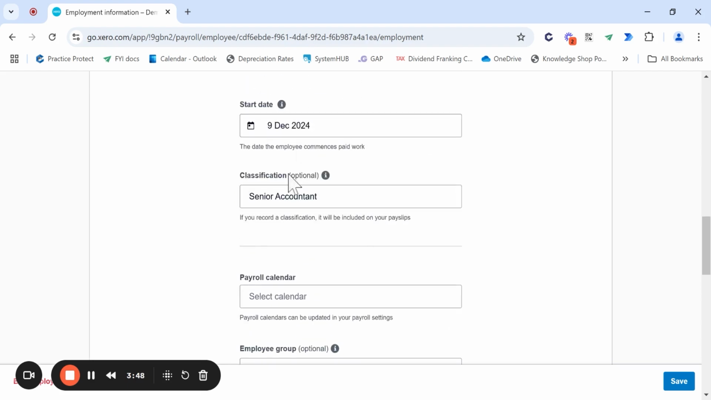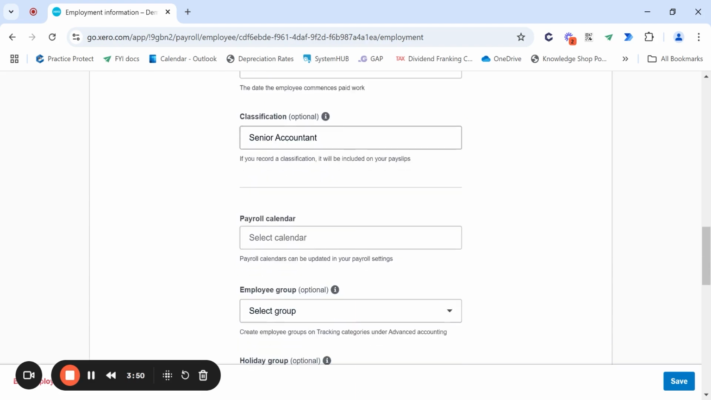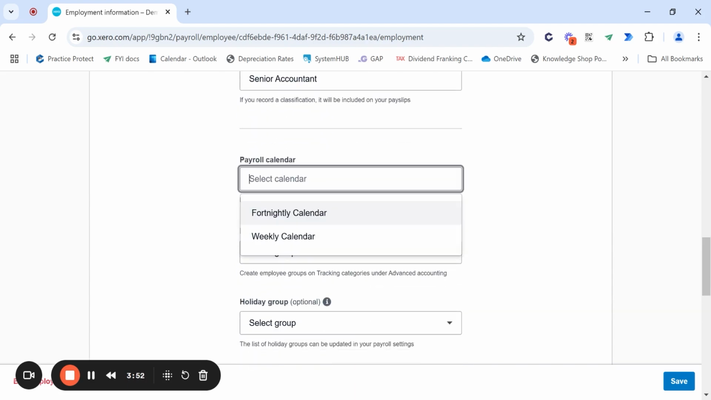But again, optional, don't need it, but if you have it, enter it in. Then you've got payroll calendars. So again, if you open this drop-down box and you see nothing, you will have to set up a calendar, so say if it's a fresh file. If you're not sure how to do that, definitely do engage your accountant or someone that's very familiar with Xero,